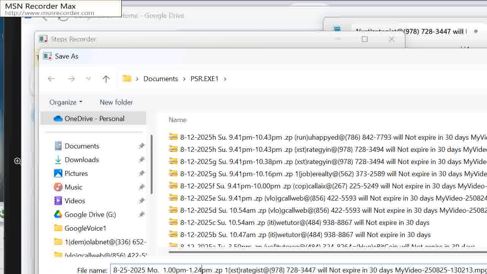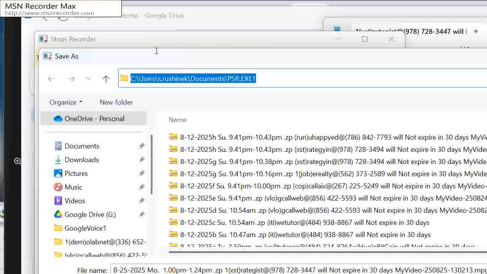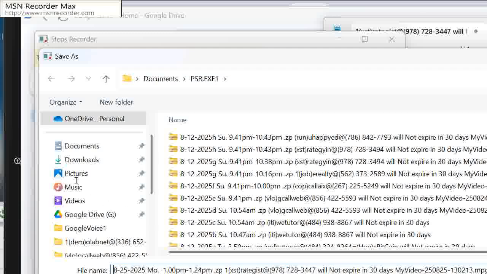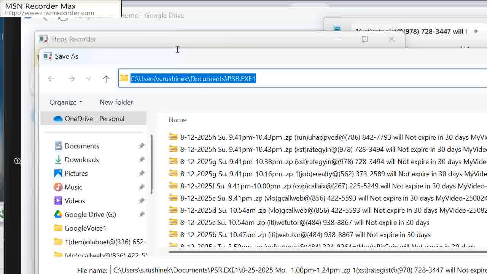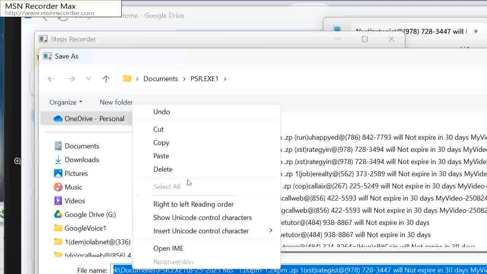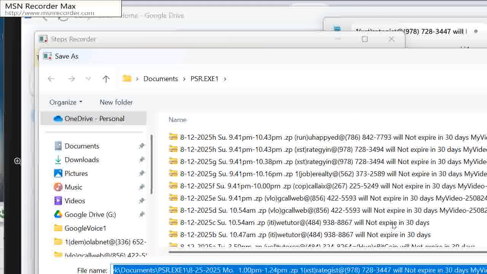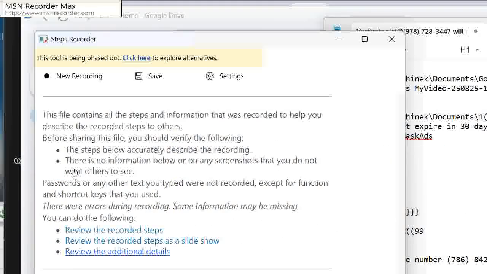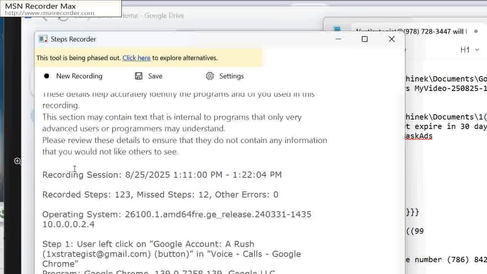This is a zip type of file. And now I want to add to it a prefix that contains the psr.exe. I copy to the clipboard buffer, then navigate to the file name field. With Control V, I insert the new path to psr.exe. And now I've got a string that contains both the path as well as the backslash and the file name, so I can save it to that subfolder and then click review additional details to see that it probably will be less than 200 steps. Yes, it is